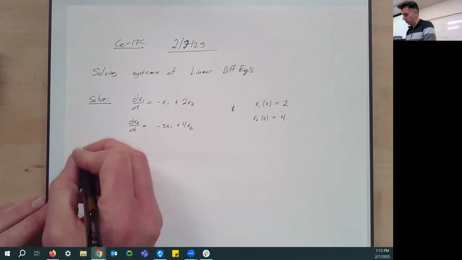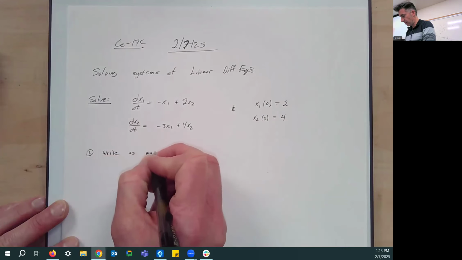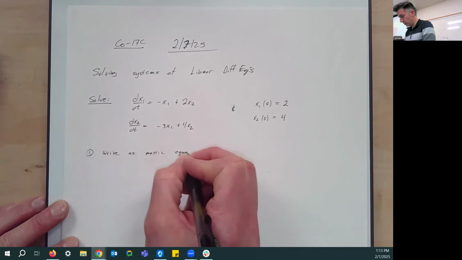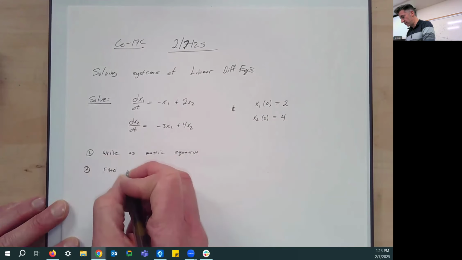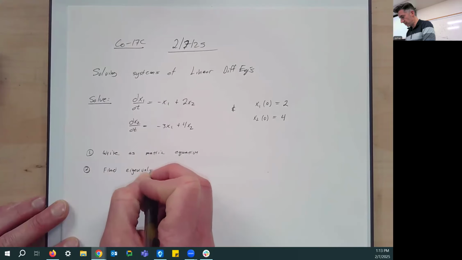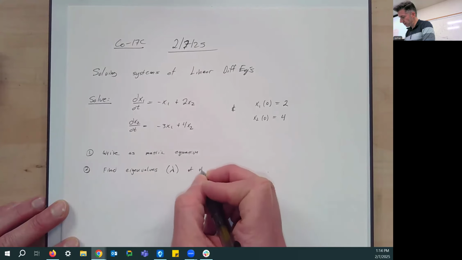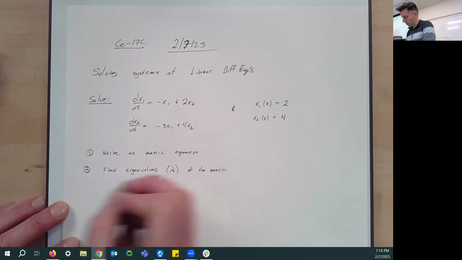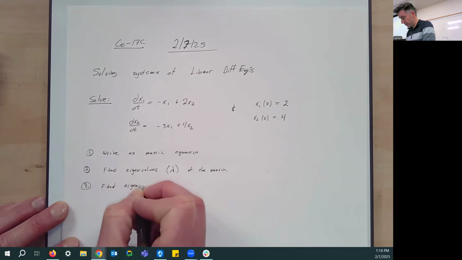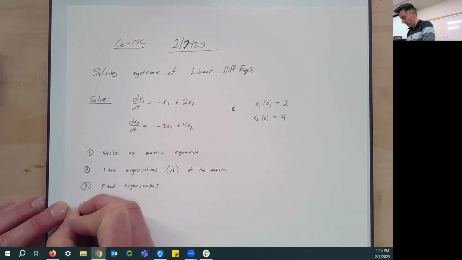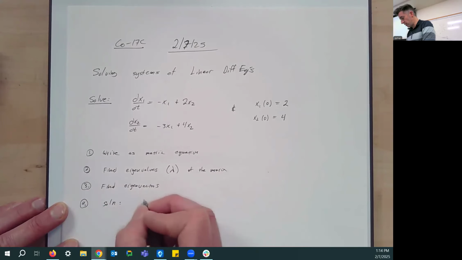So here's what we're going to do. 1, write it as a matrix equation. 2, find the eigenvalues of the matrix, which we typically use the Greek letter lambda for. 3, find the eigenvectors. 4, write the solution,